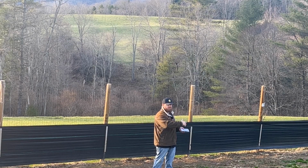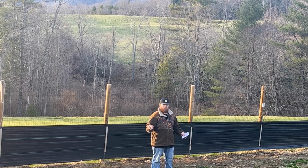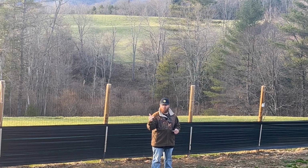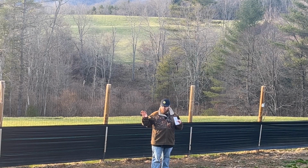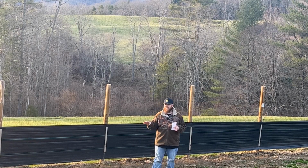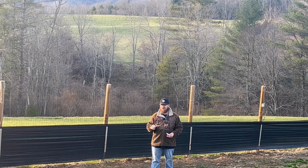Literally, you can walk through this yard anytime after it's rained during the nighttime, and you'll see it'll be moving. The ground will look like it's moving because there's so many worms. Now, there's a lot of worms in here, but they don't stay in here. They go all over the yard, right? And so what I want to do is take these little PVC pipes, 16 inches long, and